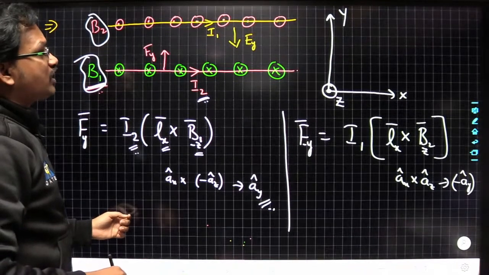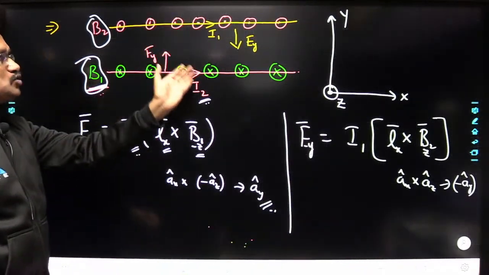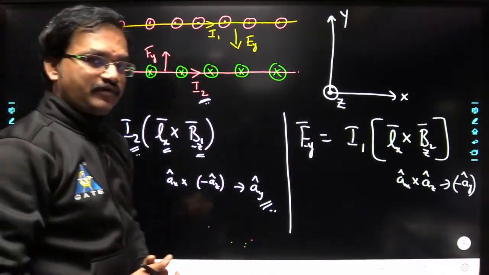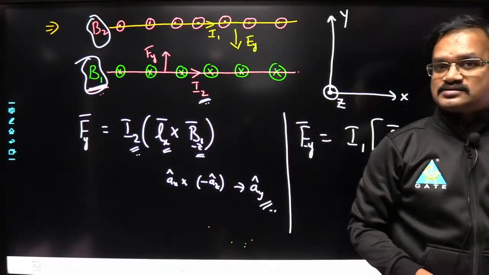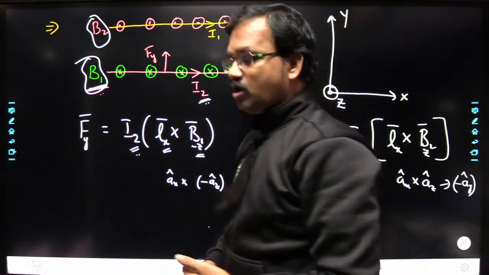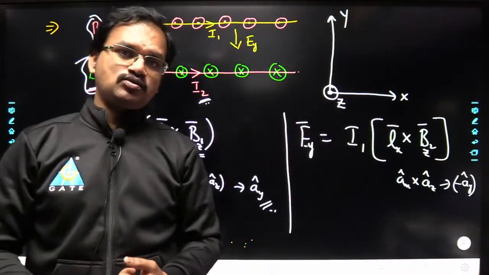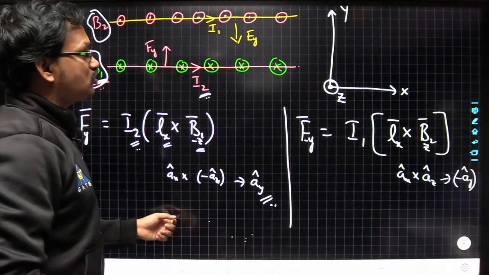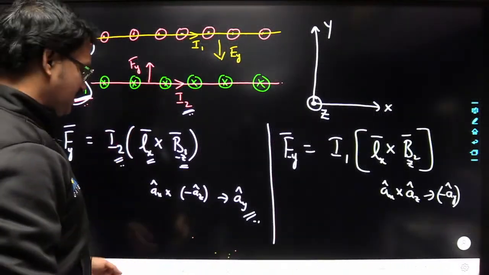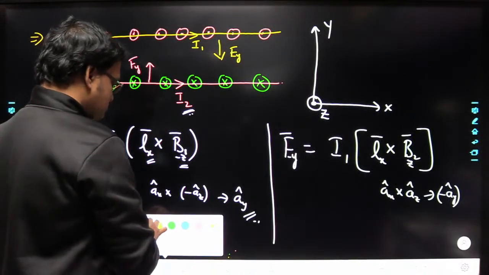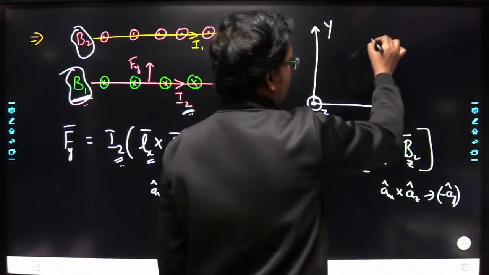So what we can conclude is, whenever we are having two current carrying wires carrying the current in the same direction, they are going to attract each other. Okay. So note down that point here. Now here, similarly, if I consider two current carrying wires,